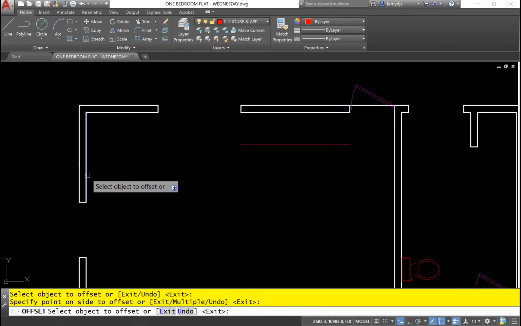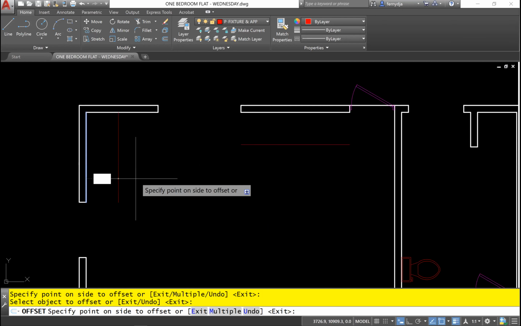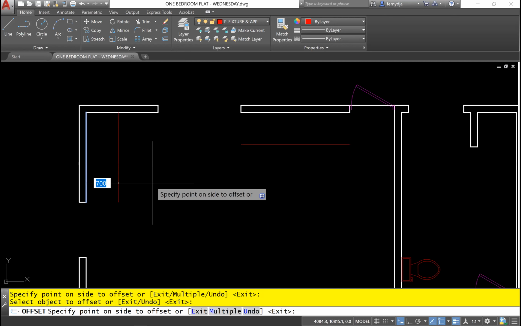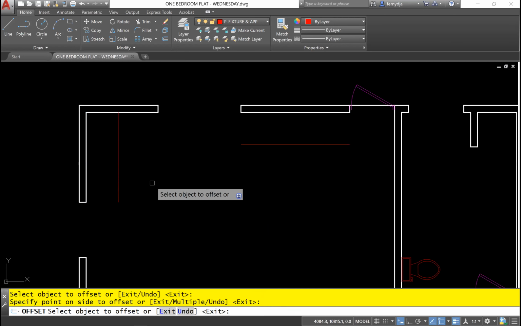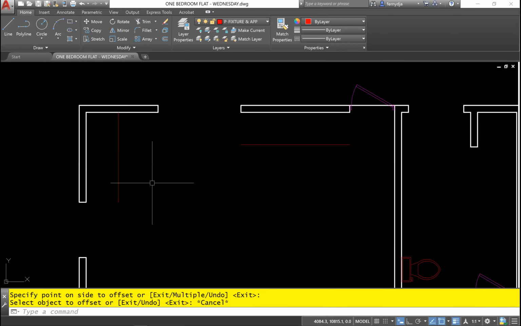Likewise, I'll do the same thing. I'll click on this line, pull in this direction, and click. No need to press enter. You only press enter when you type the distance. And the distance was already there, so we do not need to press enter. We just click it in place. All right. Now I'm going to escape for the time being